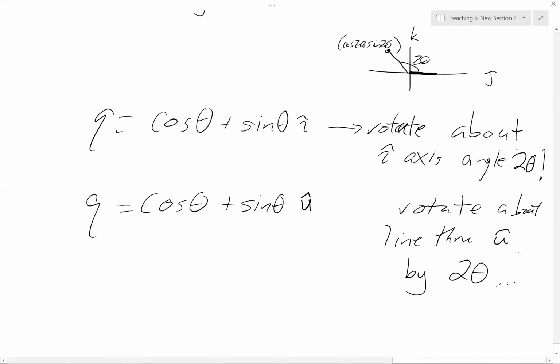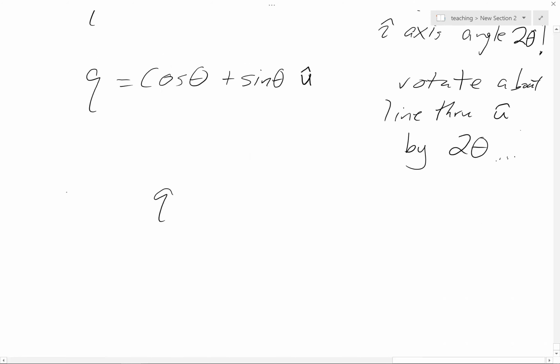Okay. So sure enough, these funny conjugation maps, I mean, these x goes to q x q inverse, these give you all the rotations